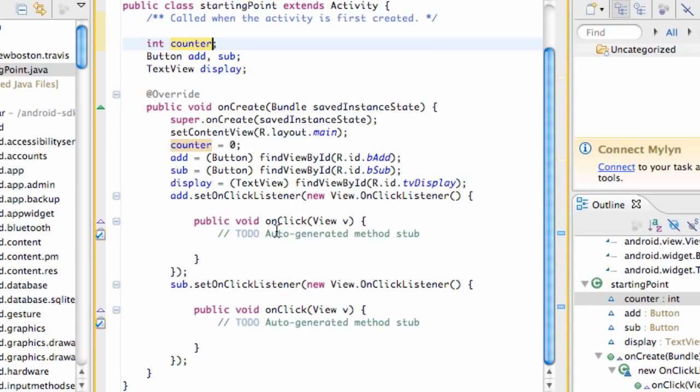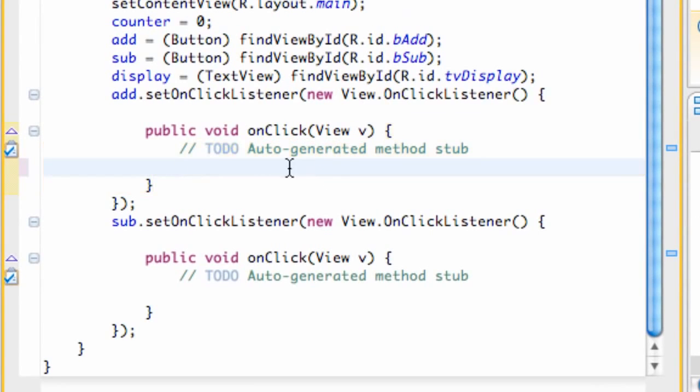So let's set up whatever is within our onClick for our add button. We're going to do that within this onClick method, again, these two brackets. When our application starts, our counter starts at 0. So what we want to do is when the add button is clicked, we want to add 1 to this counter variable. So we're going to say counter, and we're going to set this equal to,